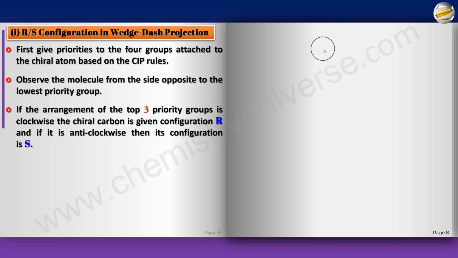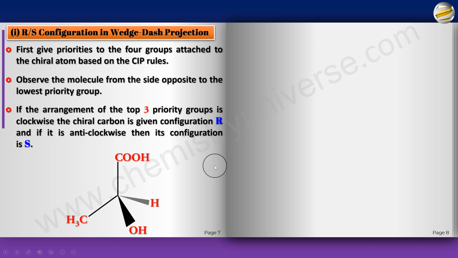So let's take an example and understand. Look at this molecule. First of all, I want you to pause the video, use the CIP rules and give priority to each of the 4 groups. So now let's see. Which one do you think gets 1? Obviously OH, highest atomic number, 1. Which one gets 2? Here this is carbon, here this is carbon, but attached to 3 H, attached to O, obviously 2. And out of H and CH3, definitely CH3, C is higher atomic number, 3, and there's 4.